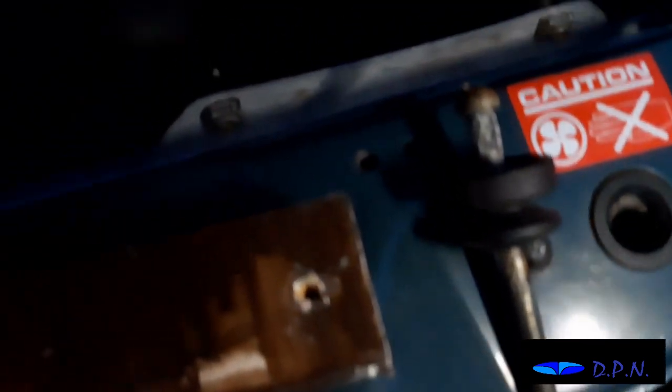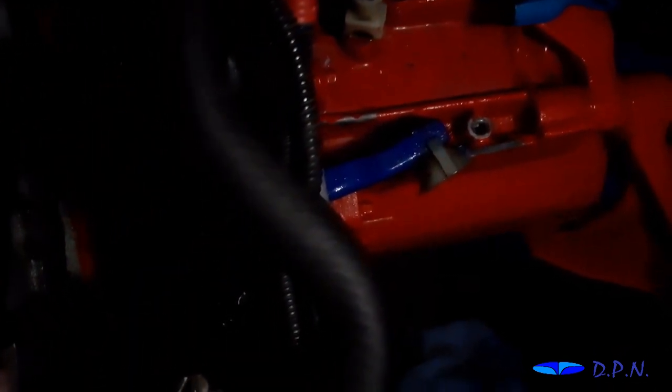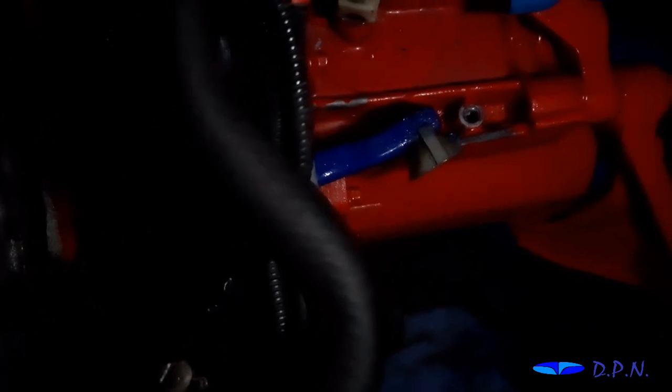We don't know quite what's failed, so we're just having a little look at that. Yeah, so what we're doing is now having a little look at the slave cylinder. We've taken this rod out because it is completely seized, so it won't push back into place, which we think it should do, because when we changed the clutch we must have pushed it right back into place to bolt it back up with the 2 bolts that go there